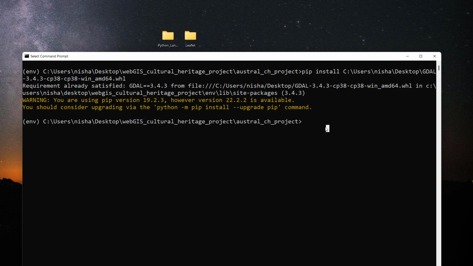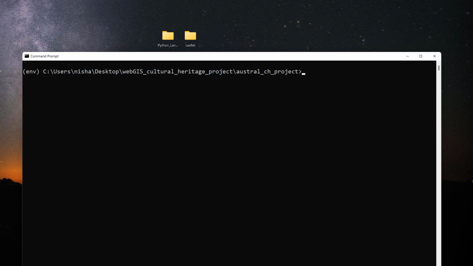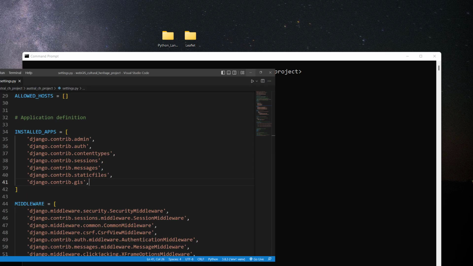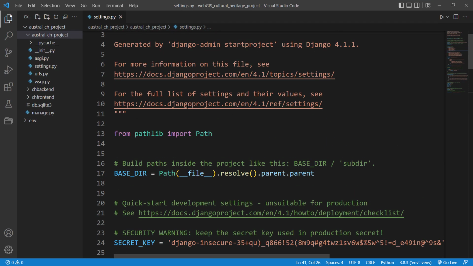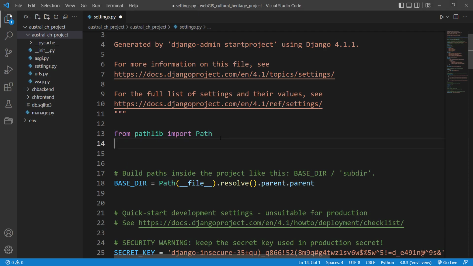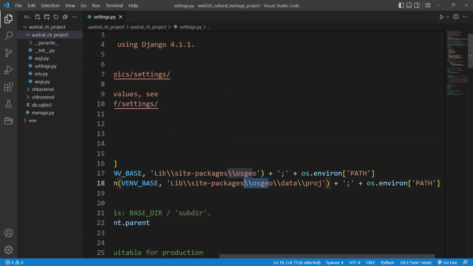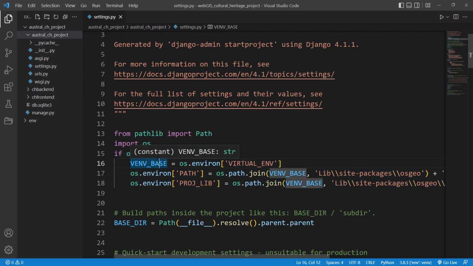So now what we need to do is edit the settings.py file again. So let's go to our settings.py file, and in here we need to add some extra lines of code to include necessary libraries. I will share these lines of code with you. You just need to paste the code I will be sharing with you, which is this one. Basically, it's adding this projlib and pass into our